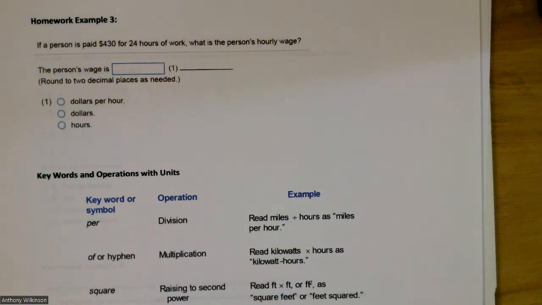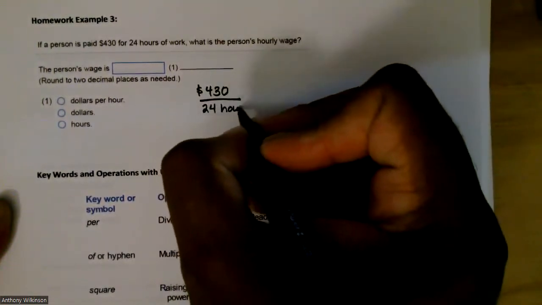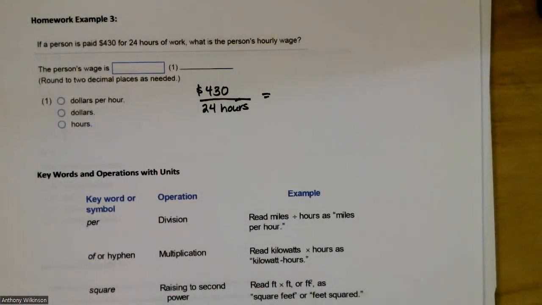Well, in this case here, we need to do some division because this person was paid $430, and that amount represents 24 hours of work. So here, we need the hourly wage. It's going to be some dollar amount per hour. So if I do $430 divided by 24 hours,